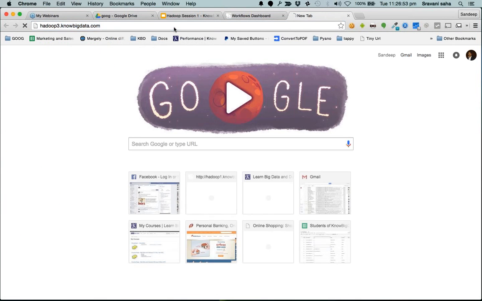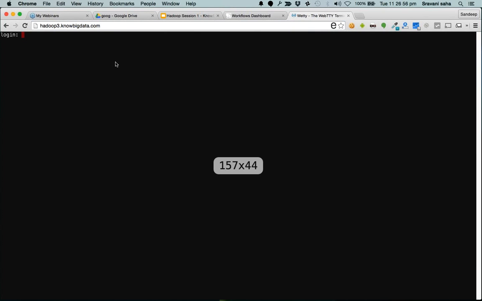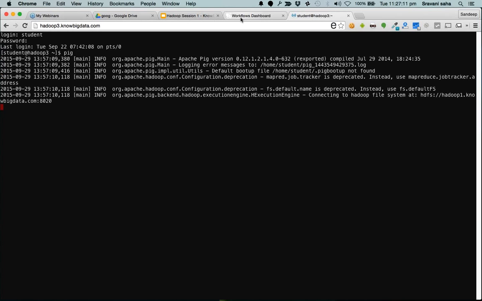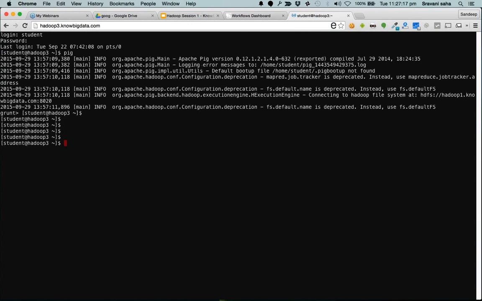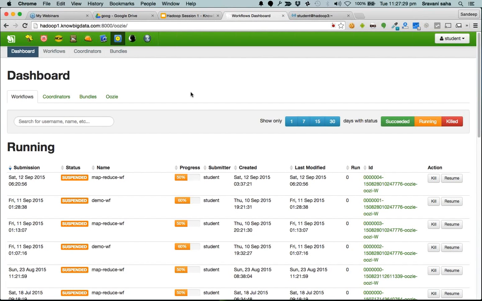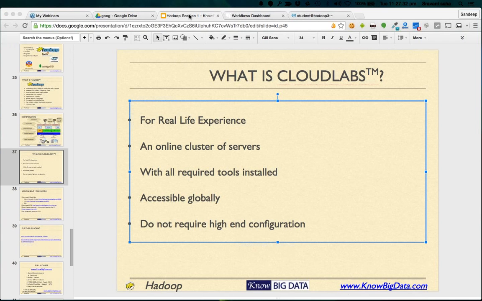Okay, let's say there is some tool which wants command line interaction, you can also use this browser based console. Okay, let's say you want to run Pig, you can run Pig from here. Okay, so all of this is pre-installed for all of our students, so they don't have to worry or roam around looking for information. All of this has been done to facilitate the learning so that the focus is on solving problems and learning.